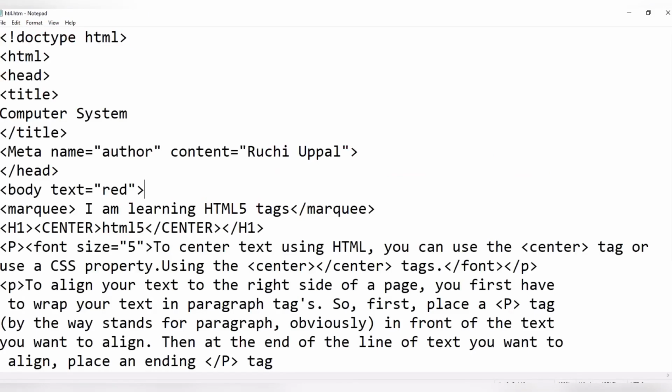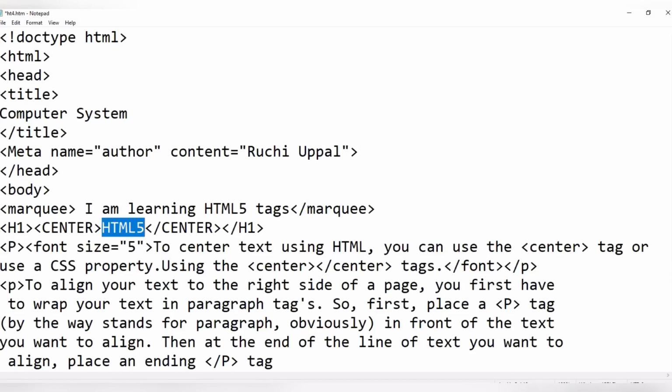Okay, let me simply correct this also. HTML5. Great. Let me make it just for looking good. Okay, done. So I have to simply remove this. I don't want all this stuff. Okay, fine. Now I want only this color. This heading should become red.